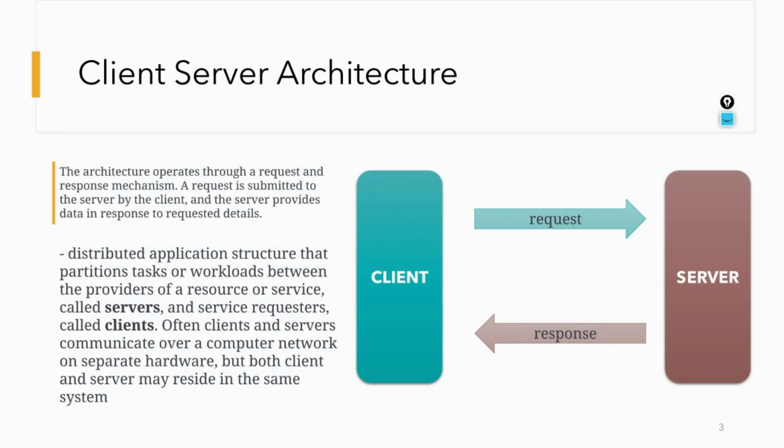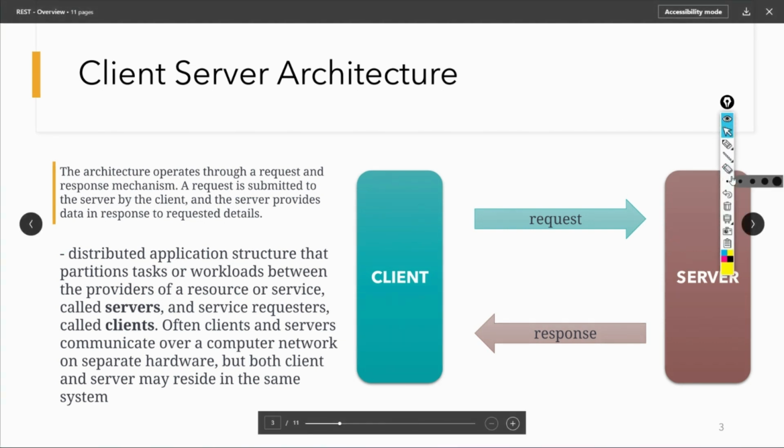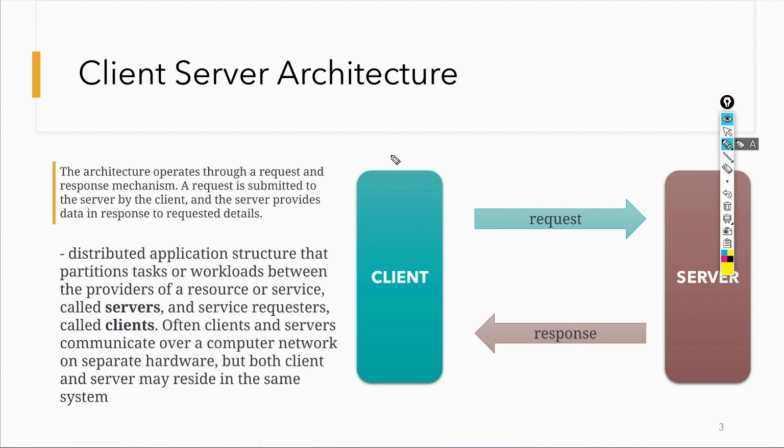So if you remember, I had a discussion about the client-server architecture, right? Where I was talking about the separation of concerns. That is one constraint which is applicable here, where client and server can be developed independently and their responsibilities do not depend on each other, right? So if you remember what we were talking about, something like